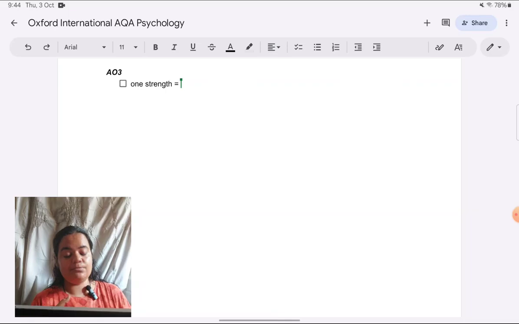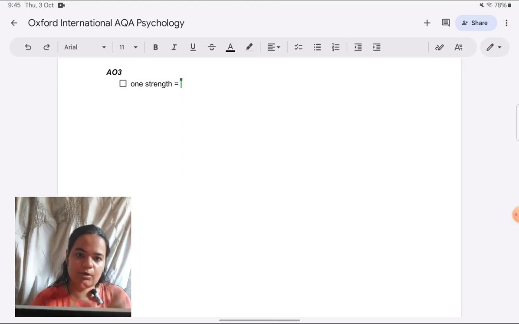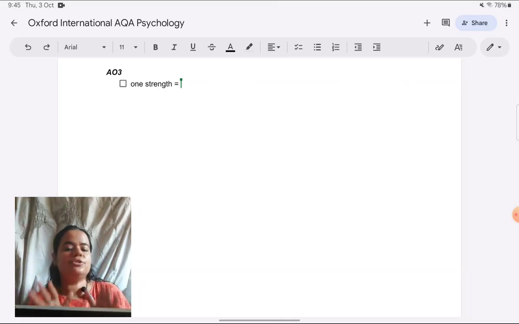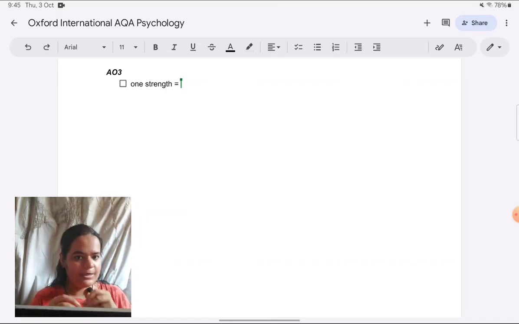If you would like me to make a video with an example from your syllabus, how to do the Peel format, you can comment below. So I will try to make a video on that as well. Right now, I'm not explaining what the Peel format is. That will be very time consuming, but I'm going to structure my answers in that format. So if you already know what it is, you'll be able to follow well. You'll be able to see that I'm using that format.